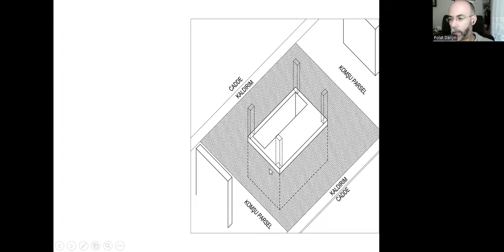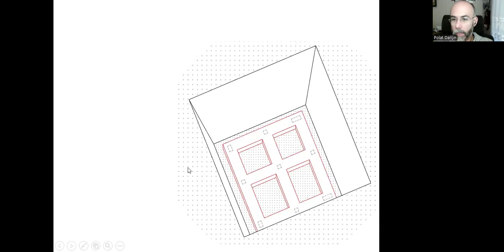It needs to be at least 2 meters 70 centimeters, 2 meters 80 centimeters, or even 3 meters or more. That means that we first need to excavate deeper, and then we can construct the footings,